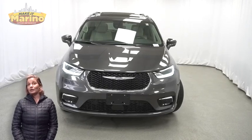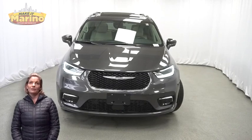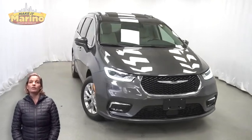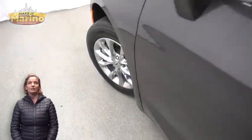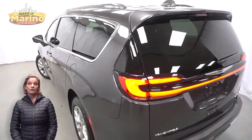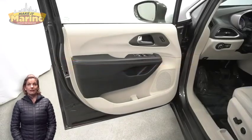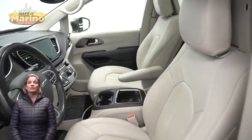Looking for a highly equipped family vehicle with all the right options and reliability? We'll take a look at the certified pre-owned 2021 Chrysler Pacifica Touring L in granite crystal metallic. With adaptive cruise control, blind spot monitoring, 18-inch aluminum wheels, LED tail lamps, tow package, heated front seats, heated steering